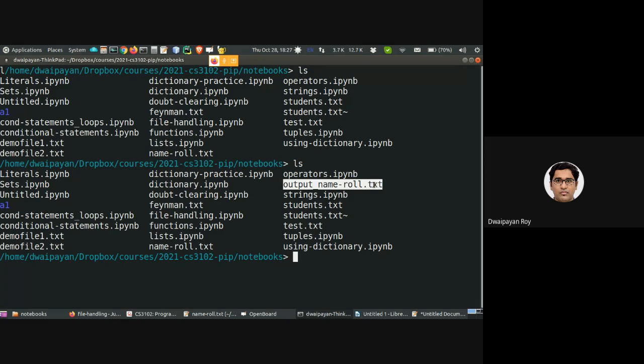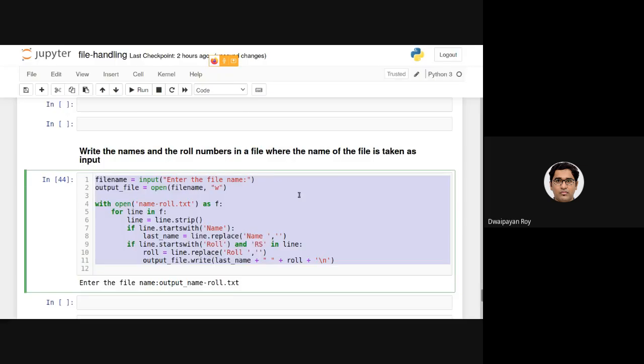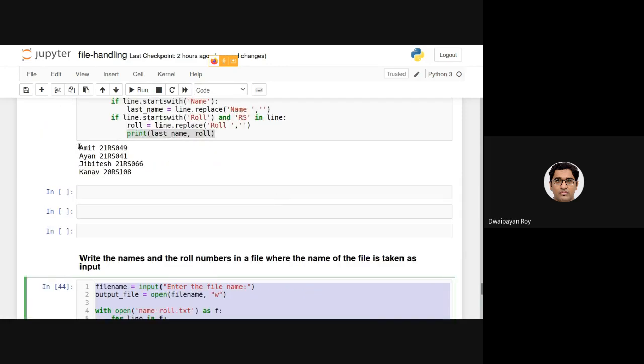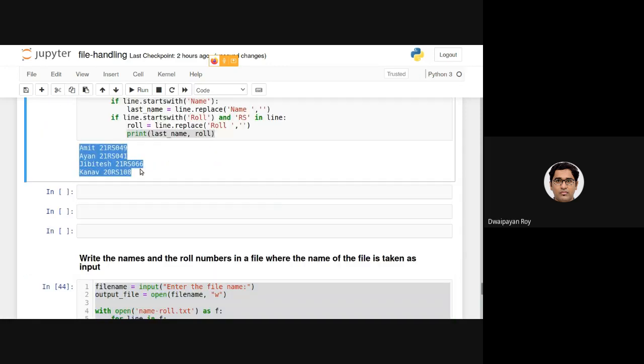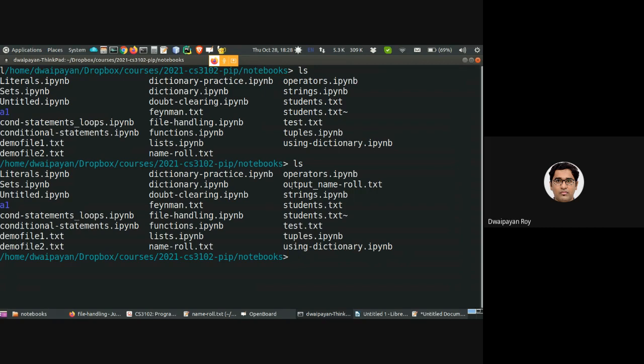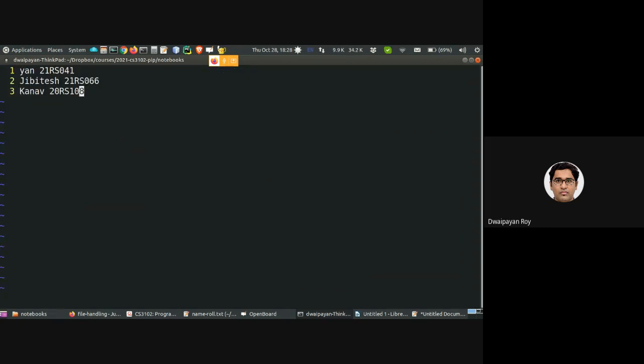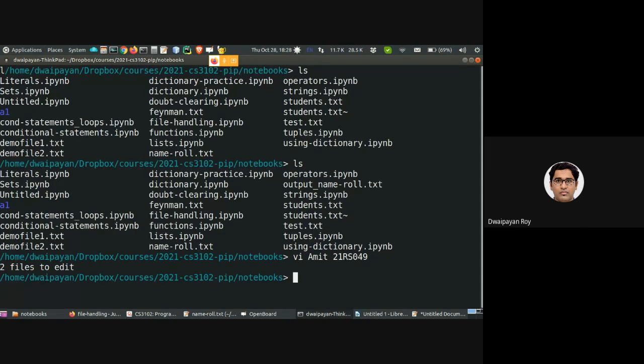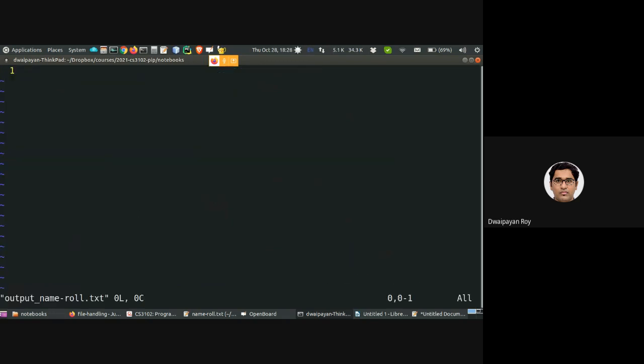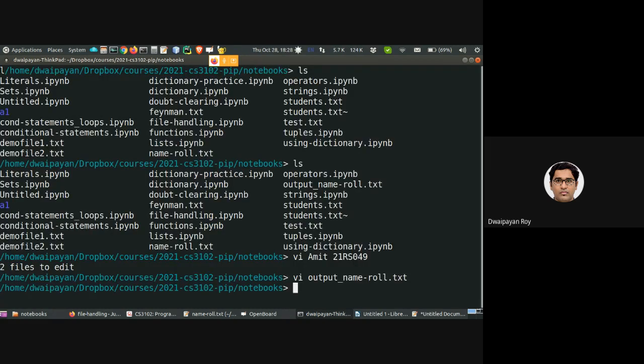What is expected? This file is expected to be containing this information, right? Let's check. Sorry, extremely sorry, I've messed up things. So vi output, as you can see, it is containing nothing. Why?